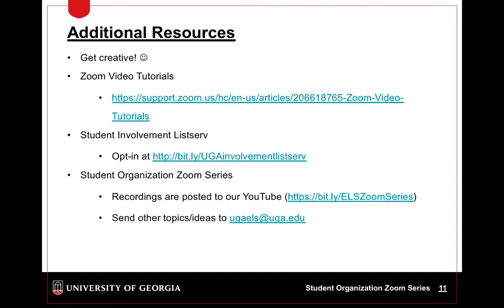We also encourage you to get creative. So recognizing that not everyone wants to sit on Zoom for hours on end, especially after having class, get creative about what programs and events you're having, what meetings look like, ways for individuals to still engage with one another. And if you want to chat through any ideas, feel free to reach out to us in ELS. And we'll also provide opportunities for organization leaders to come together, similar to a roundtable, to share ideas and things that they have found to work.